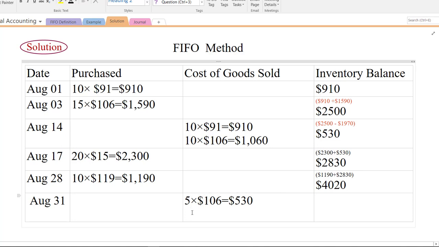Now let me write it here, students. How many are left? 18 units of inventory. The remaining 18 units of inventory are sold from here, right? That is 18 units multiplied by... after August 3rd, our oldest inventory is August 17. So 18 units of inventory are sold from August 17. So I will write it as 18 multiplied by 15, which is equal to 18 multiplied by 20,